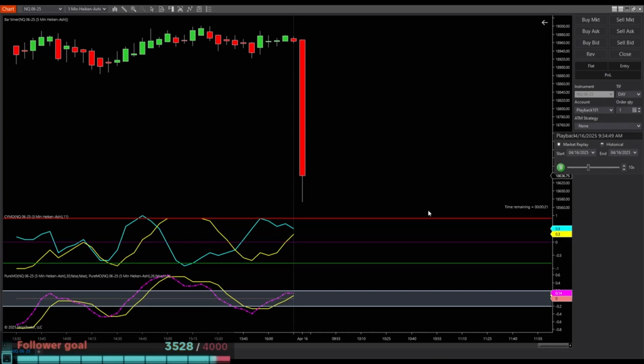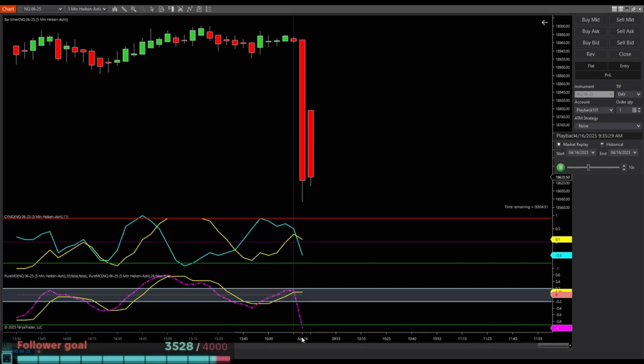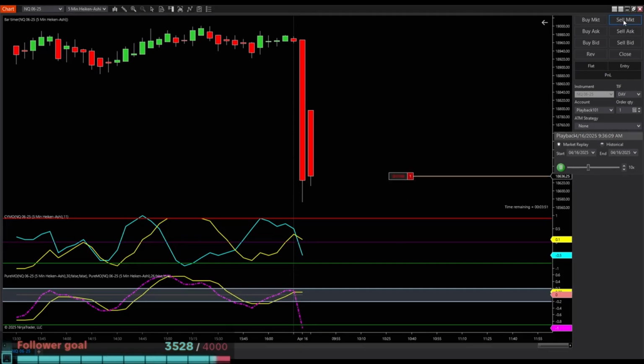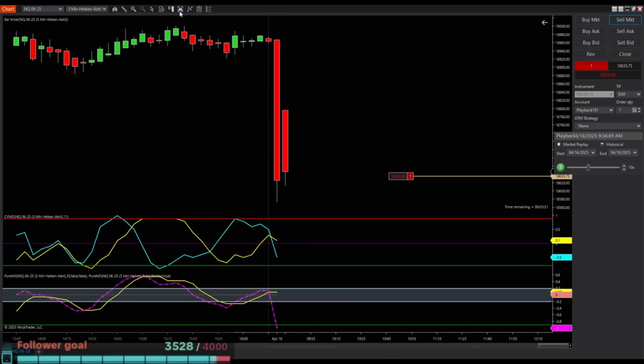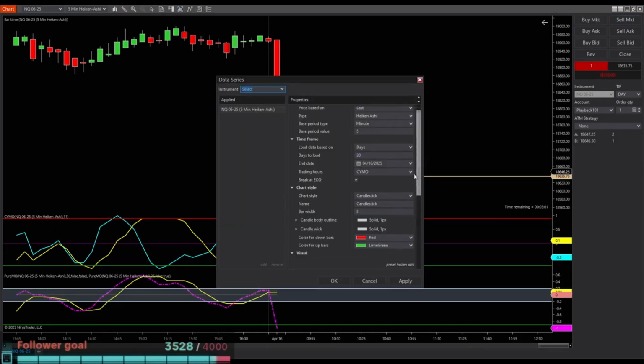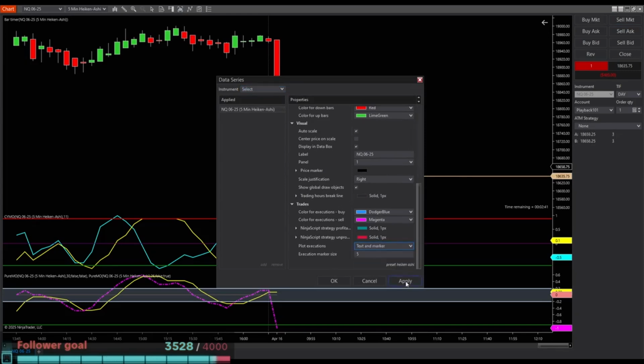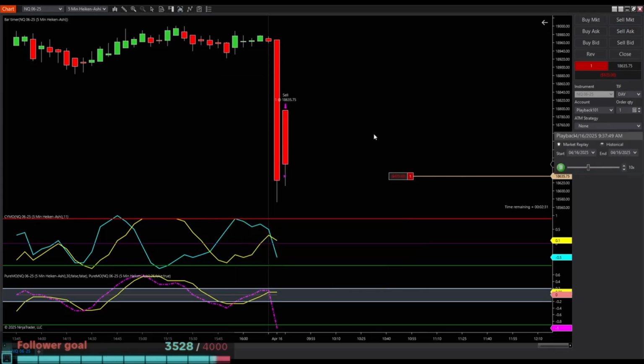Okay, first bar of the day, we know that we're not going to do anything, guys. We're just going to let that shake down. We've got PureMO coming down, cycle coming down. That might be a potential trade to the downside. Let me plot my markers right there so you guys can see that. There you go. We took that trade because you've got cycle and momentum falling right there, second bar,